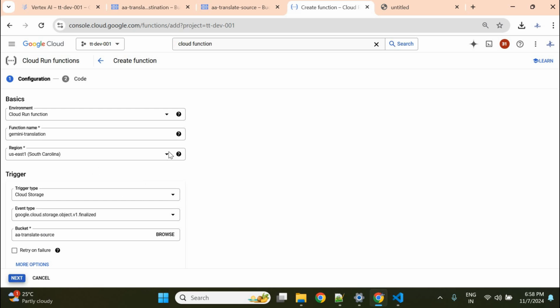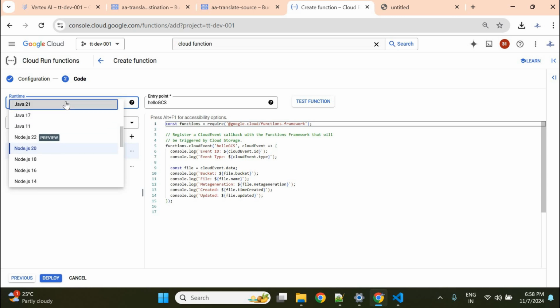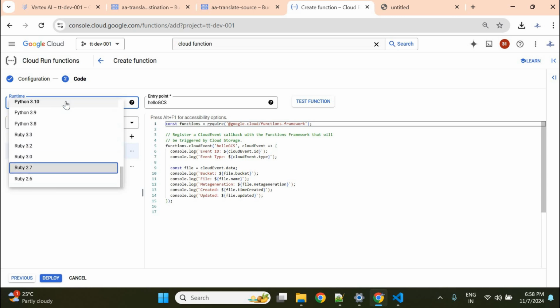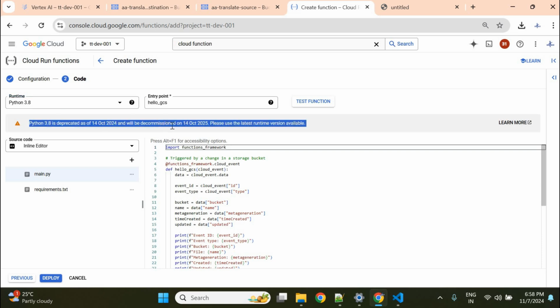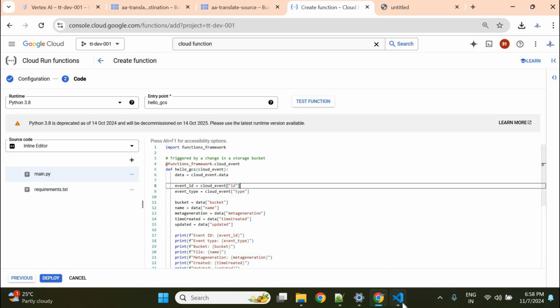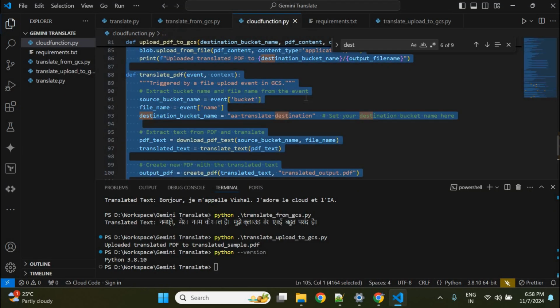I will go to next where we have to configure our code. So I will go and select Python 3.8 as I said. It is deprecated, but it will still have support until 14th October because Python will keep releasing new versions. For now, no need to worry. It is still available. We'll just copy this code